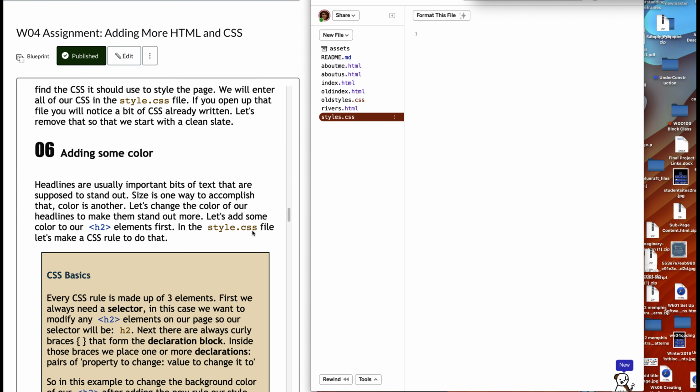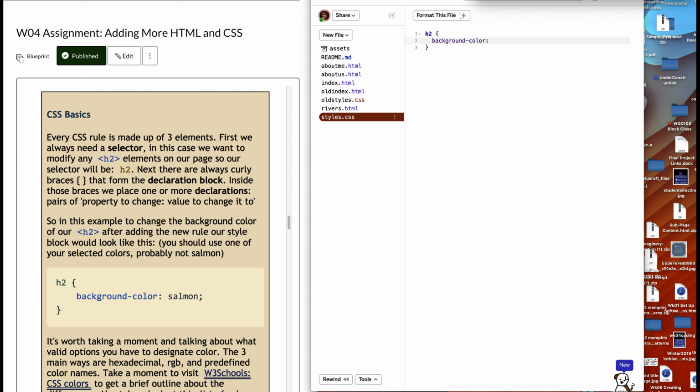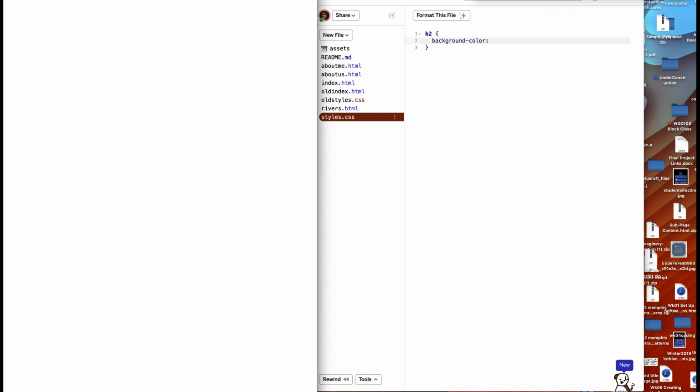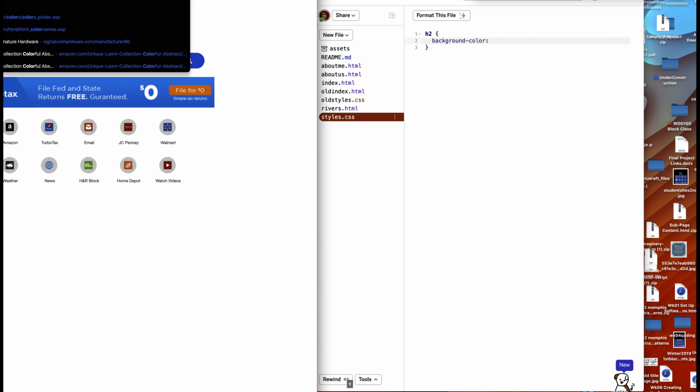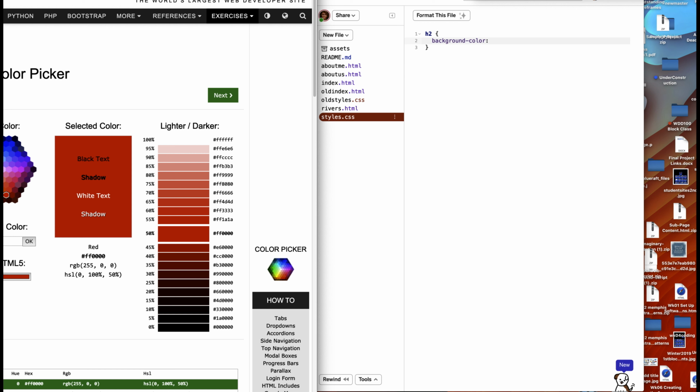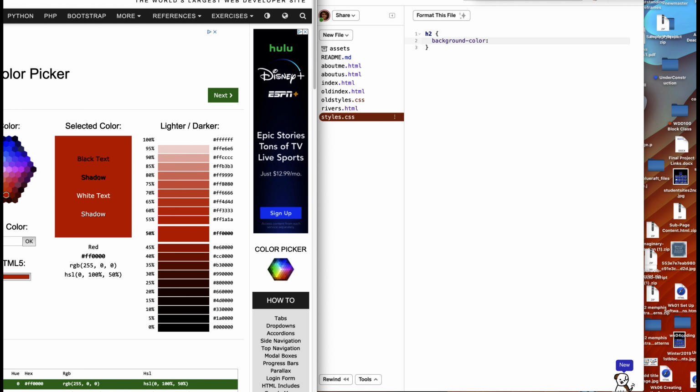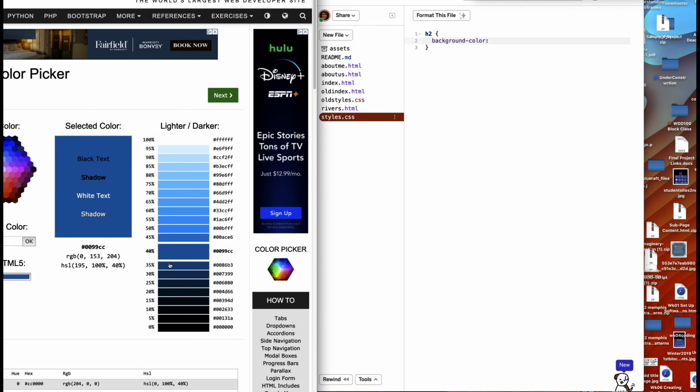So now we're going to add a little bit of color. One of the best resources that you can use is Color Picker. Just start typing in Color Picker and it'll come up. It's from W3 Schools. And it's an awesome place to be able to get the colors that you like. Best ones to use are actually these, they're called hex. They have a pound sign in front of them. But I'm going to choose for my headline this color right here